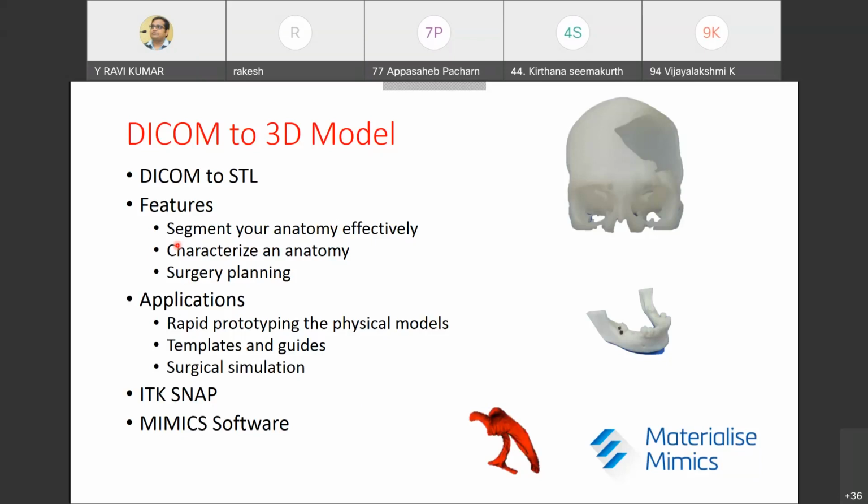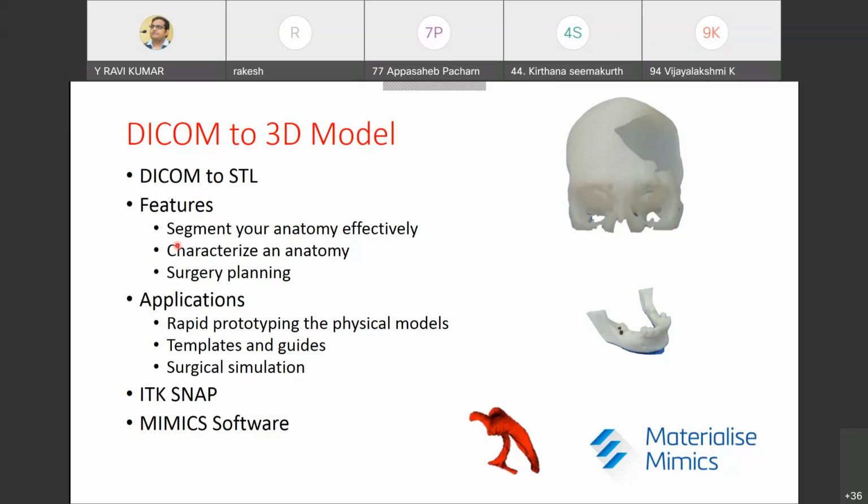Surgery planning matters because doctors shouldn't plan a surgery directly on the patient. They should pre-plan it. If we print the models, they can do a rehearsal on them, so that they get to know where to cut the bone or where to drill the screw.